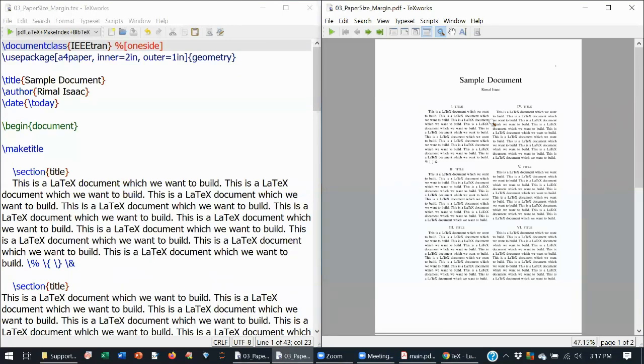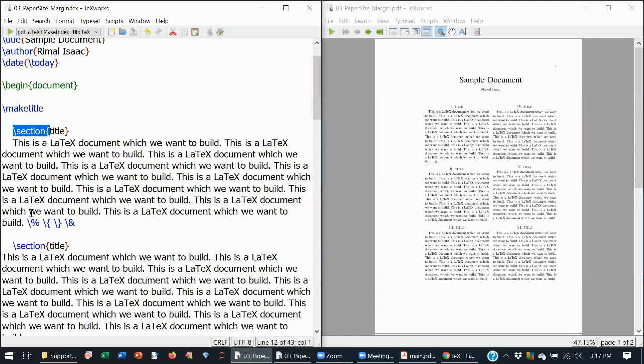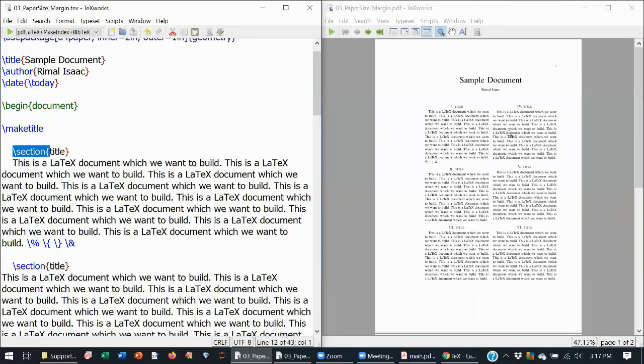Apart from this, most of the journals have their own template, and that will have a different style. Style means only the class file you will define. The class file will be different for different journals, but a section is the same in any LaTeX document. Be it an article or a book, a section is a section, next comes the subsection, then the paragraph, then the subparagraph.